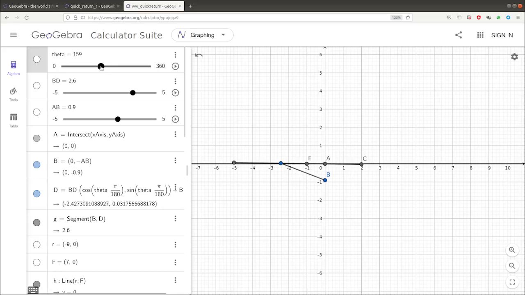So that's the extreme position of E, and then the other extreme position will be somewhere here. Which basically means the extreme position can be identified when these three points A, C and E become collinear, or in other words, this line and this link become collinear.